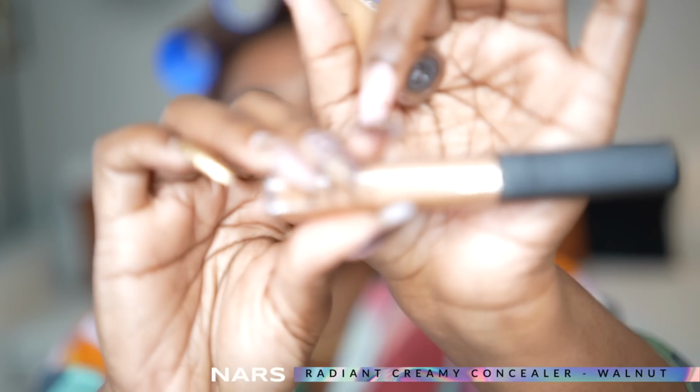Like I said, I don't do much at all. And then I just kind of soften the beginning of the brow with the end of that same brow pencil. And then I take my concealer and clean it up. So I go underneath my brows with 1 or 2 concealers, just depending on how I feel that day. I'm either using the NARS Creamy Radiant Concealer in the shade Walnut, or I'm using my One Size Beauty Concealer